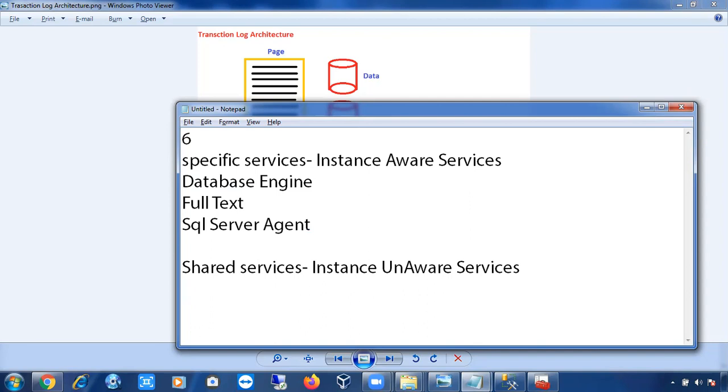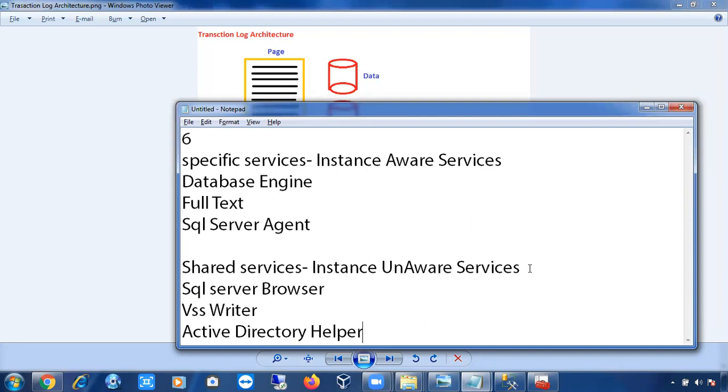And instance unaware services are SQL Server browser, VSS writer, and Active Directory helper. These are the shared services which will exist only once per Windows server, once per machine.